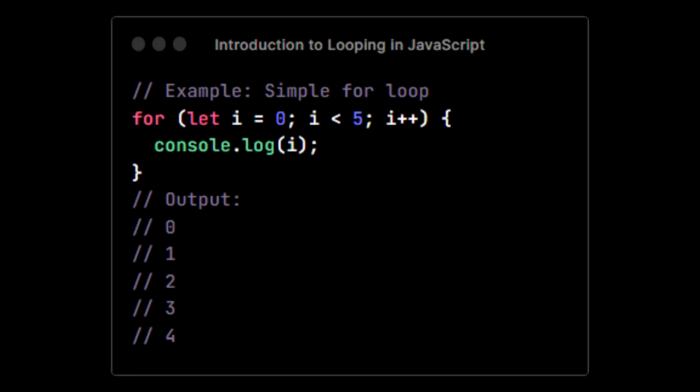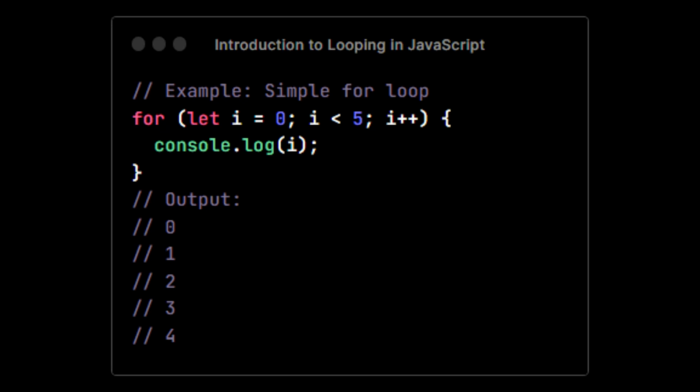Introduction to looping in JavaScript. Looping is a fundamental concept in programming that allows executing a block of code repeatedly. JavaScript offers several looping constructs to cater to different scenarios. The most commonly used looping constructs are while loops, do-while loops, for loops, for of loops, for in loops, and